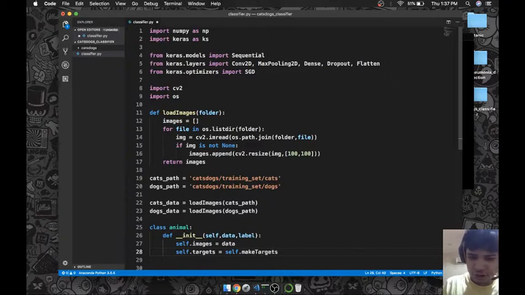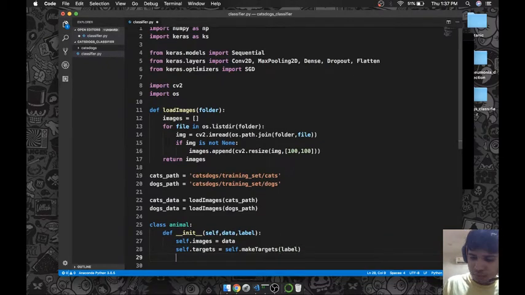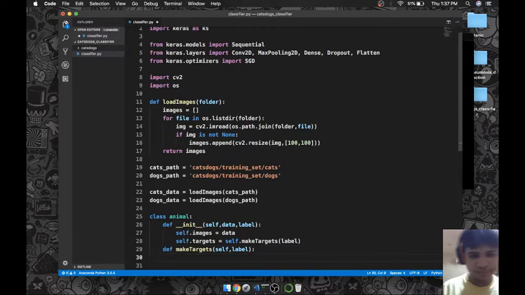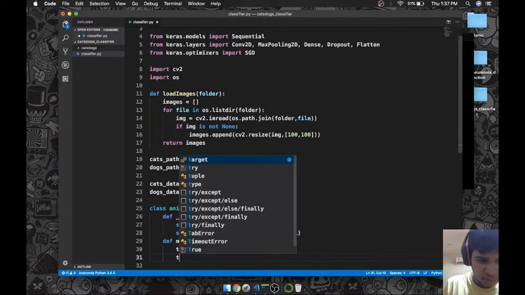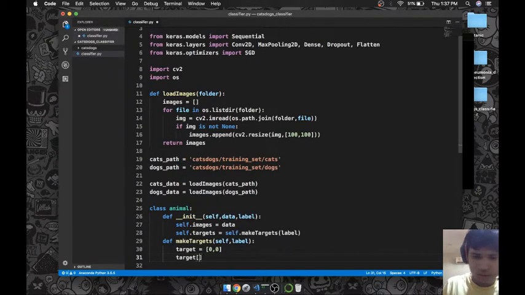We will write this function now: def make_targets, and it will take in the label, and then it will just say that one target for one image is this, and its label index